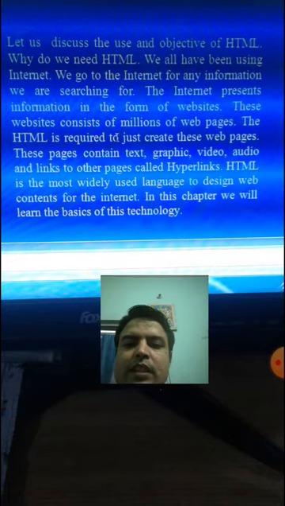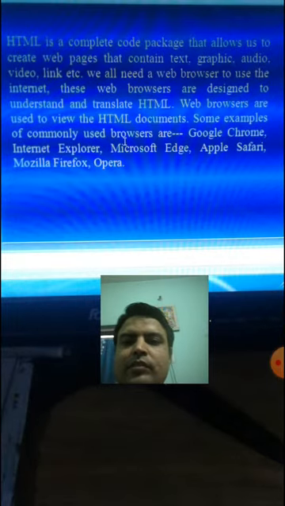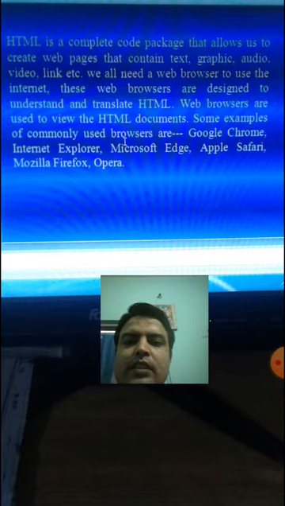These pages contain text, graphics, video, audio, and links to other pages called hyperlinks. HTML is the most widely used language to design web contents for the internet. In this chapter, we will learn the basics of this technology. HTML is a complete code package that allows us to create web pages that contain text, graphic, audio, video, links,